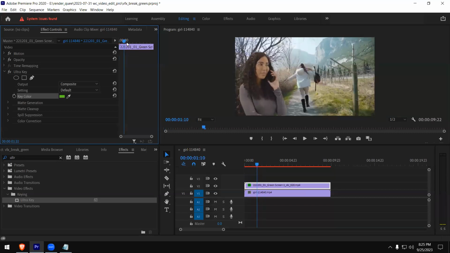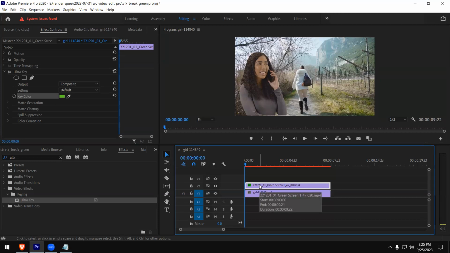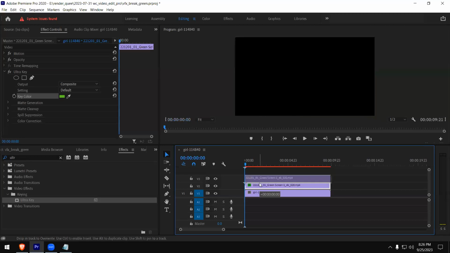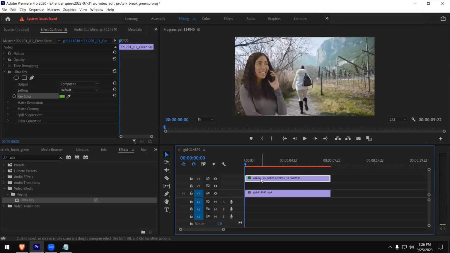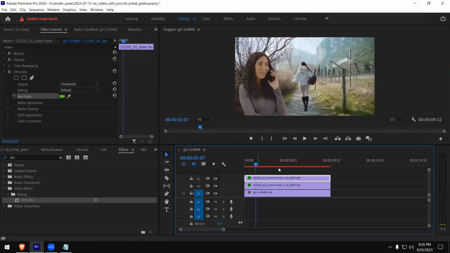I want to add the same clip. Watch this. I will add the same clip down here, duplicate it, right? Now it's like this, so no problem. The down clip, what I'm going to do is I'm going to